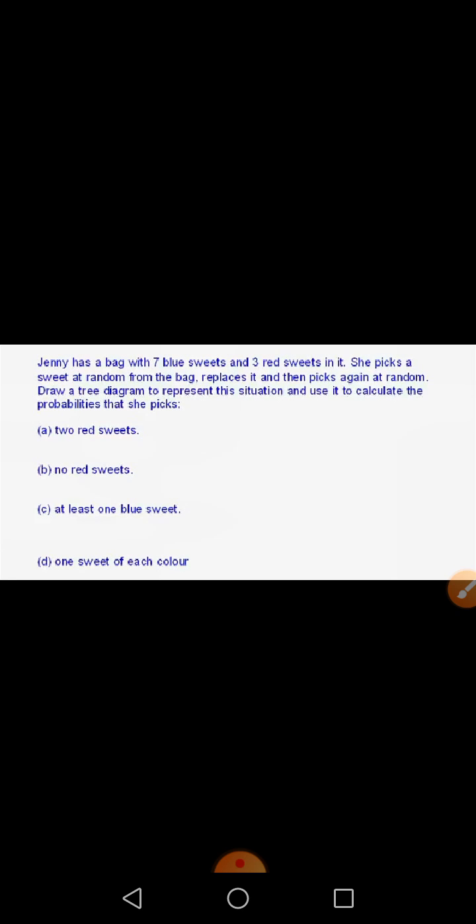So the probability of blue sweets will be 7 over 10, and the probability of red sweets will be 3 over 10. She picks a sweet at random from the bag, then replaces it. What is the meaning of replaces it? I want to draw your attention to this word because once I tell you replace, it means